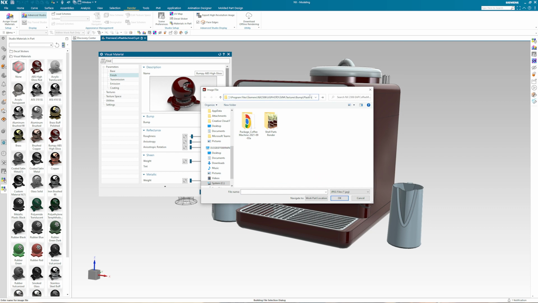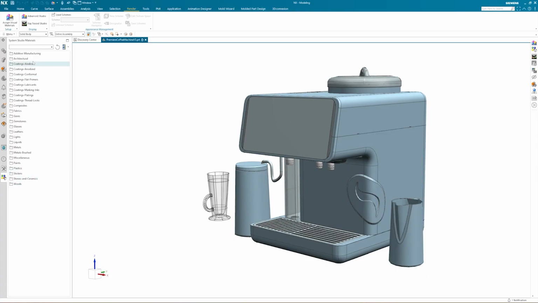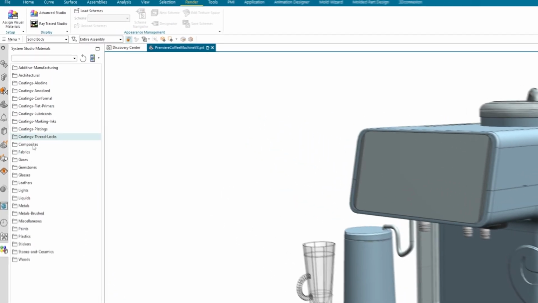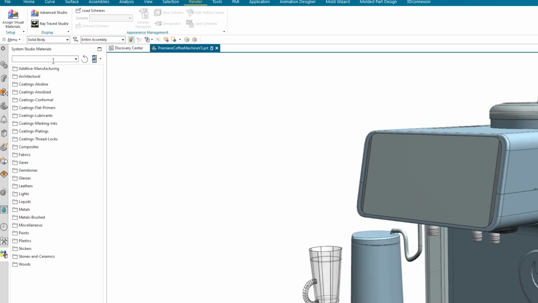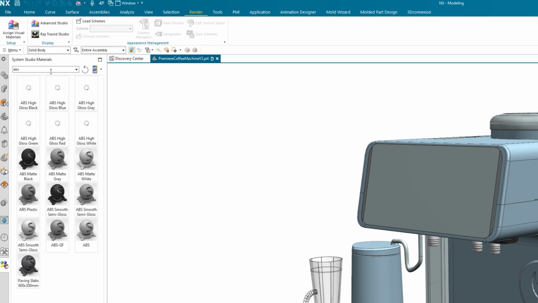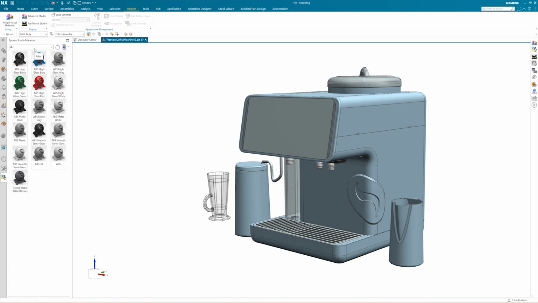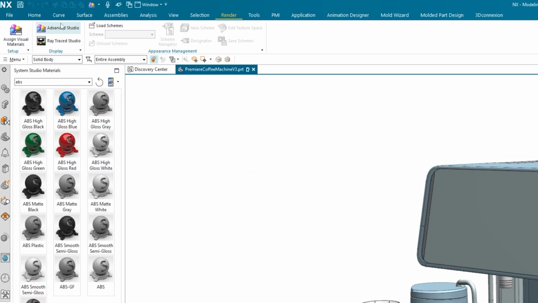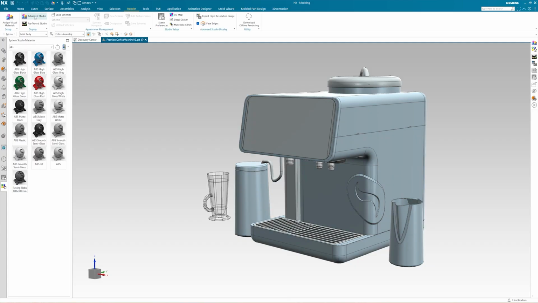Parameters can be numeric values, colors, or image files that are mapped across the surface of a model to change its overall appearance. NX Render comes bundled with over 1,000 presets for quickly and accurately adding materials to your model. All of the SVMs are organized in folders for convenient browsing, or we can search the library if we have a specific material in mind. To see how the materials will look on your model, we need to open Advanced Studio. This will give you a working idea of what your finished model will look like in real time before we move on to a final render stage.